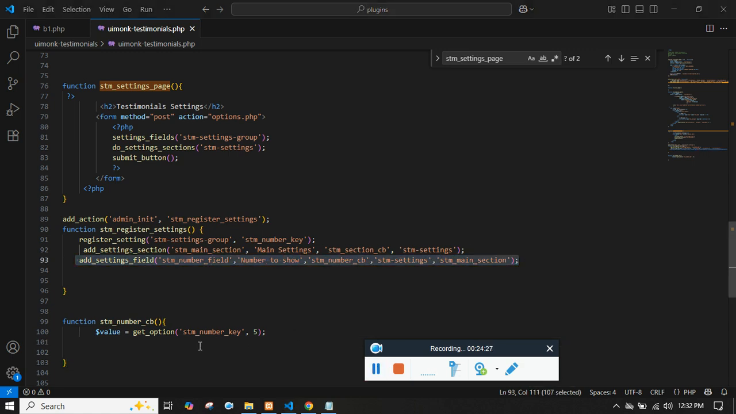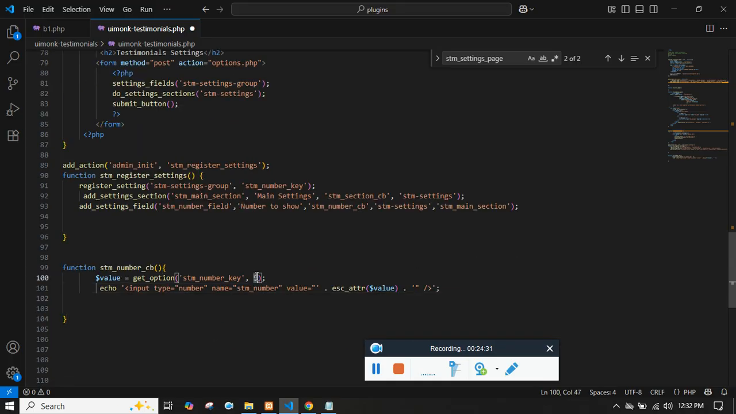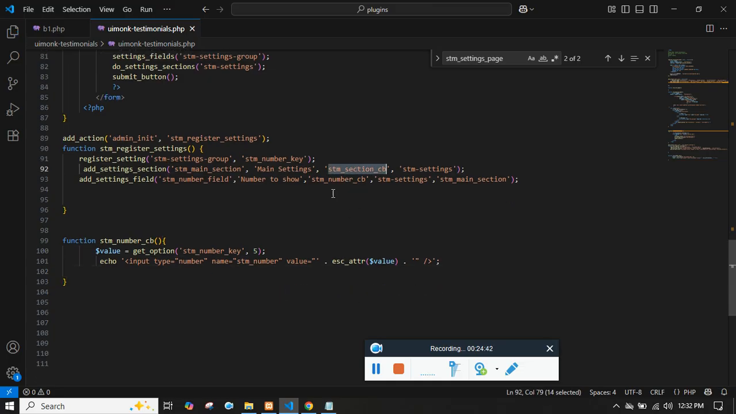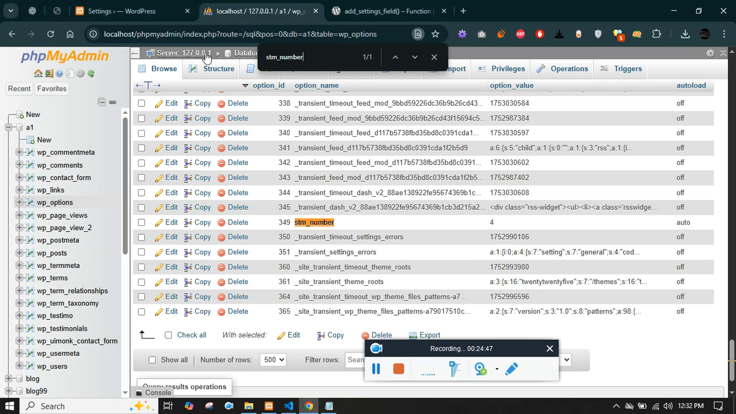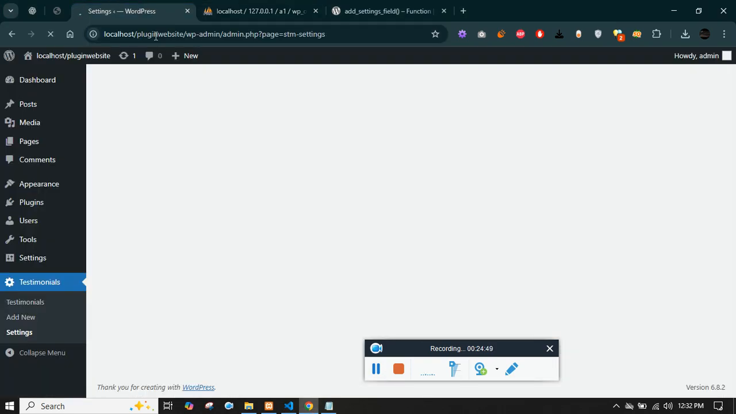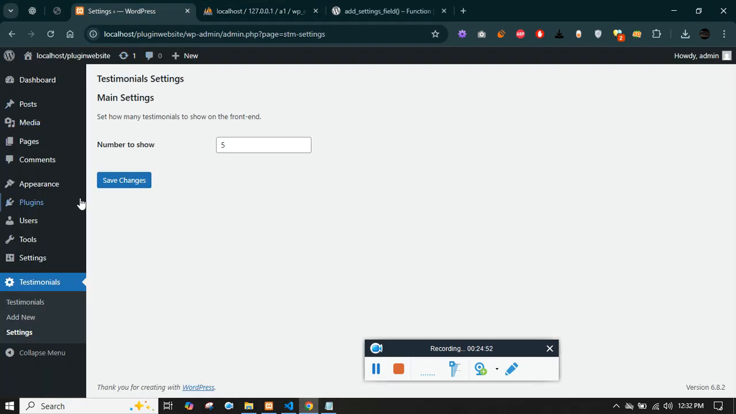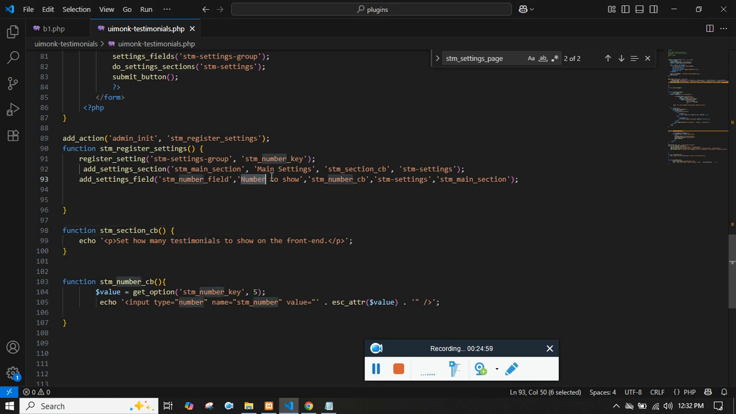So for that we have displayed the input field, and if the value is not added yet, the value would be 5 by default. Now again, this section has a description. Let's just call that function also. It will do nothing, it will just describe what the section does. Now if I click on refresh, you should see the section is this one, and this is the field. You see, this is the field, which you have configured,